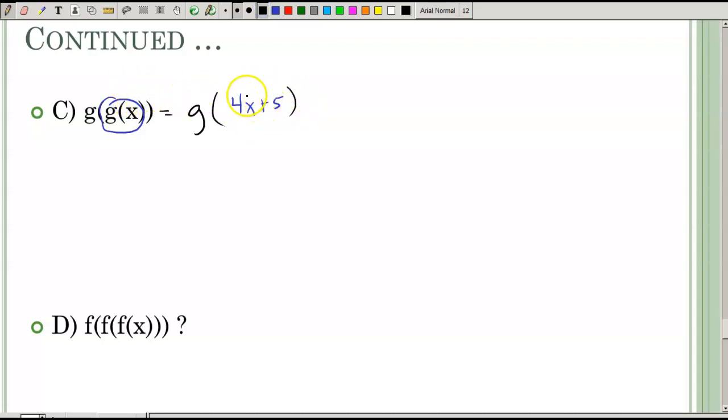But I'm taking that 4x plus 5 and I'm going to plug it into the function that's labeled to the left of it, which is g again. So I'm going to take 4x plus 5 and plug it into 4x plus 5. So this would become